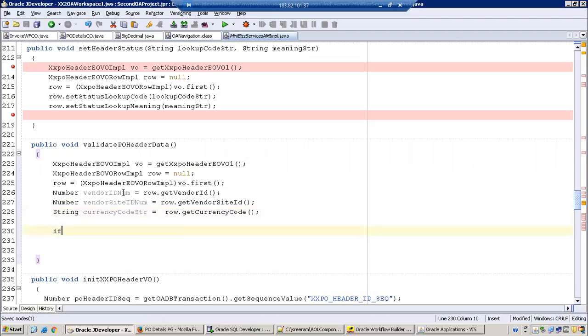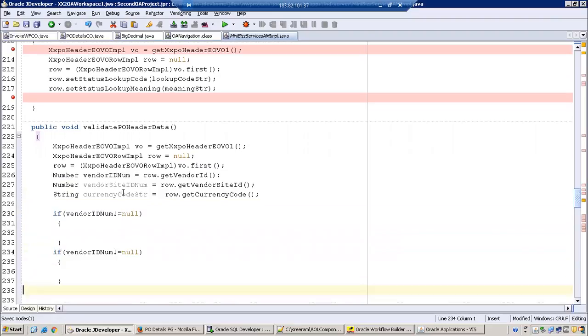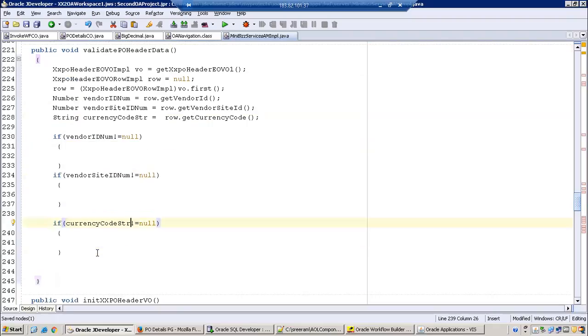For each of them, let us say if vendor ID is not equal to null, I'll consider one exception. Similarly, I'll consider three exceptions for the parameters separately: vendor ID, vendor site, as well as currency. But I should not raise the exception for each thing separately. I just want to bundle them and then raise them.